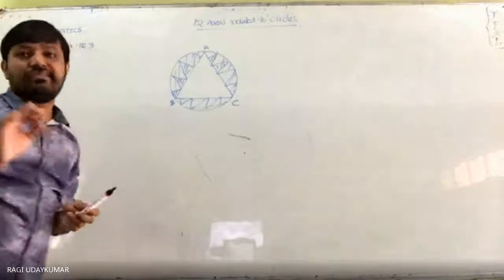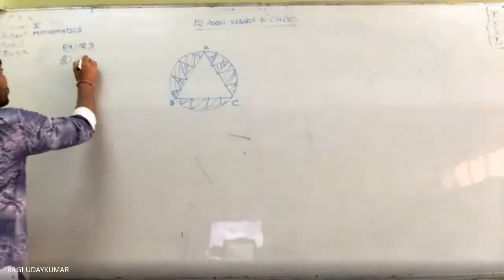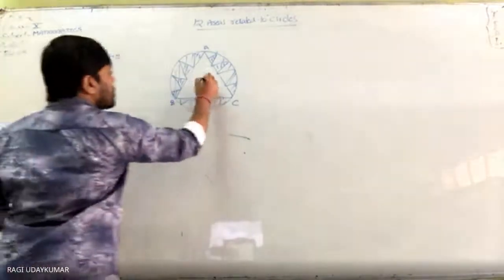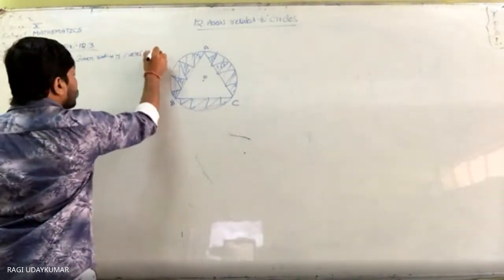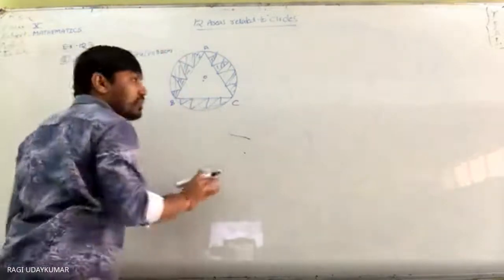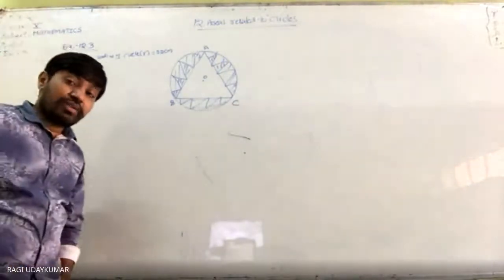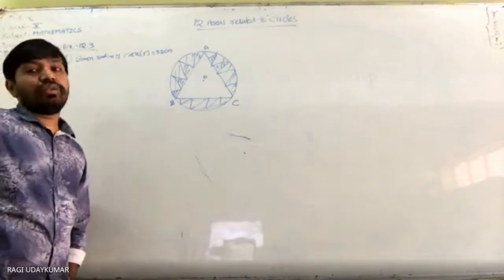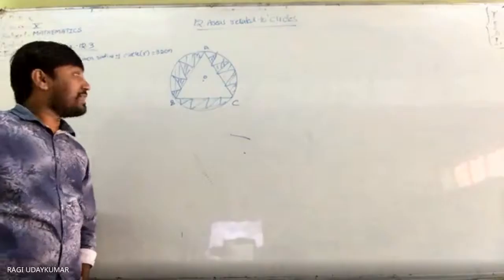Now here, what is given to you? This is a little bit different. The radius of the circle is given to you. O is the center, you consider. Radius of the circle R is equal to 32 centimeters. And what you know is the area of the circle minus the area of the equilateral triangle. But to find the area of the equilateral triangle, you need to find the side. Here the side is not given.